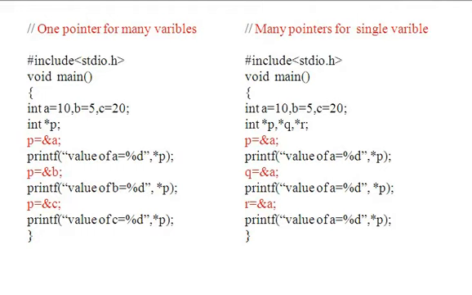So in the second program, you execute the program and observe the output, and after making necessary changes, you can verify the difference. So you just make a change. Q is equal to, instead of &A, let it be some &B, and R is equal to &C. So P holds address of A, and Q holds address of B, and R holds address of C.